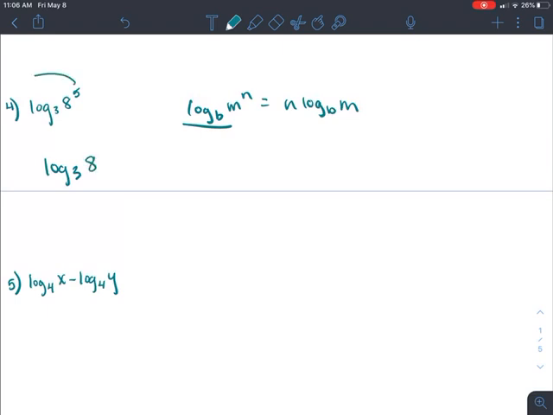But what I have to do is bring my 5 down, so my 5 is going to come into the front. Okay, so I can do log 3 to the 8th. Or what you can do is type this into your calculator. So what Mrs. Cuevas wrote is you can leave it as this,